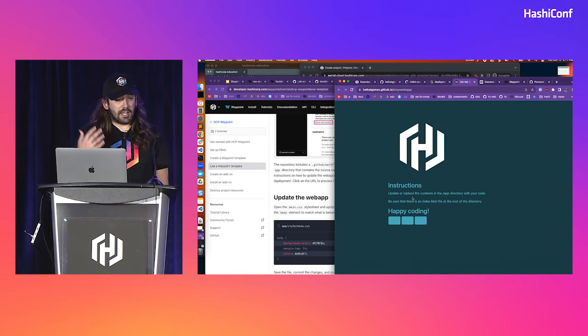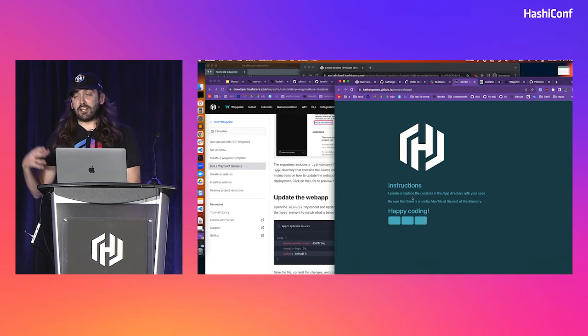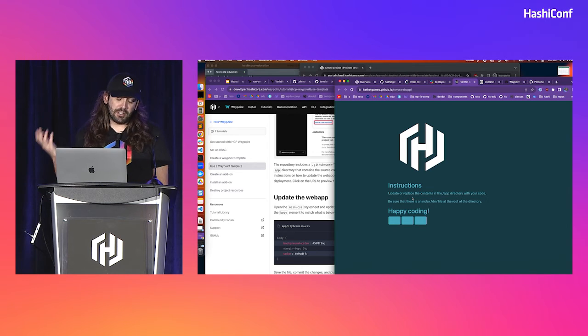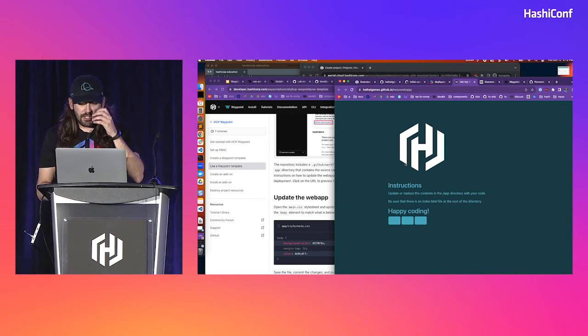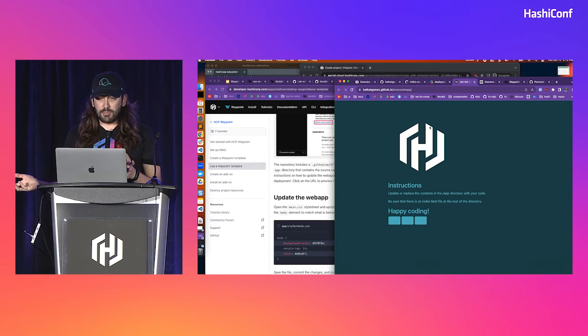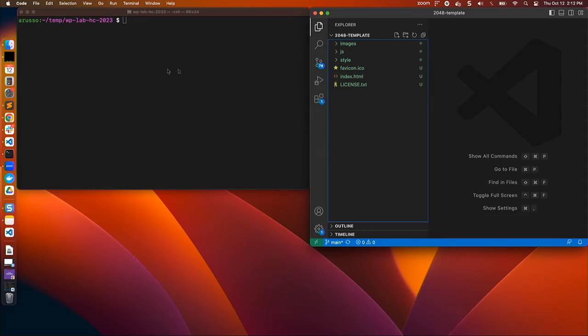But again, it didn't work the way I wanted, but it did show the fact that I created a project from a template in HCP Waypoint, and it did run my Terraform code for me. Why it didn't do everything, I'm not 100% sure. But what we can do now, as a developer, now that I have my application running, I want to update this code to not use their demo app anymore because I have a really cool idea for an actual demo. So I'm going to